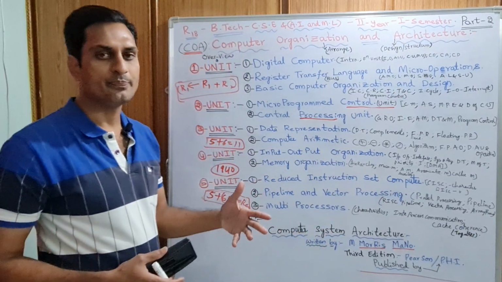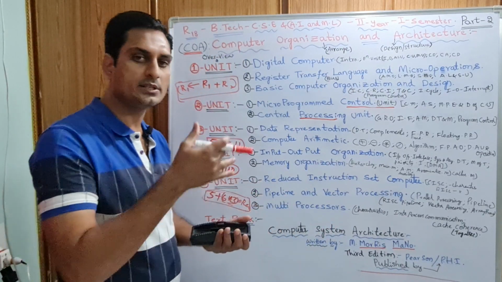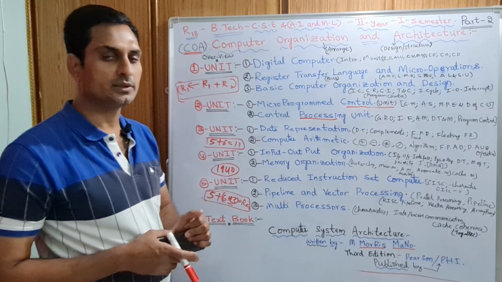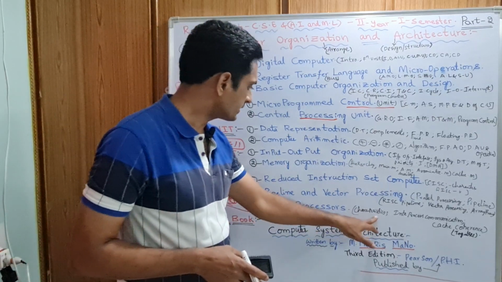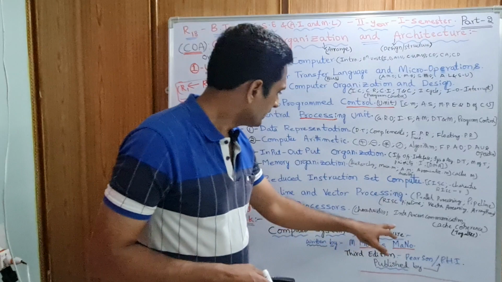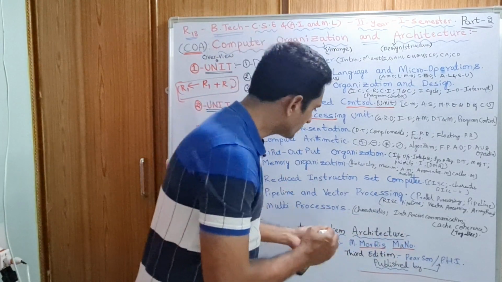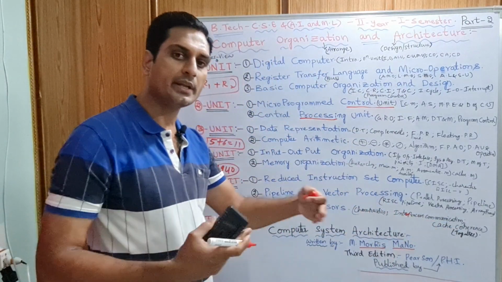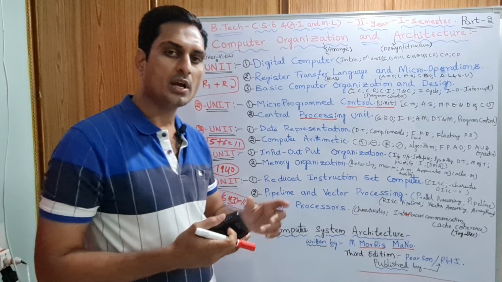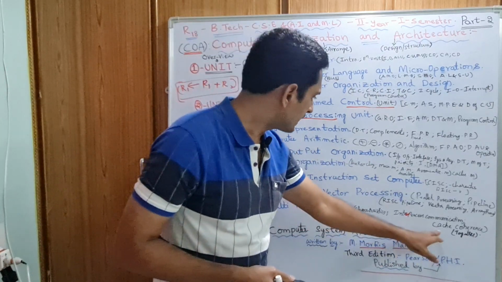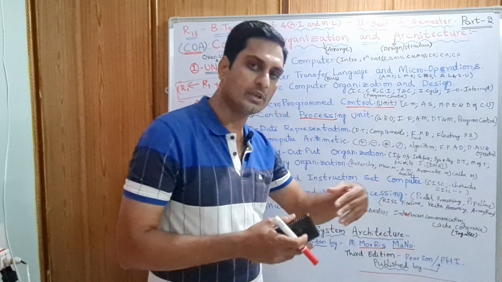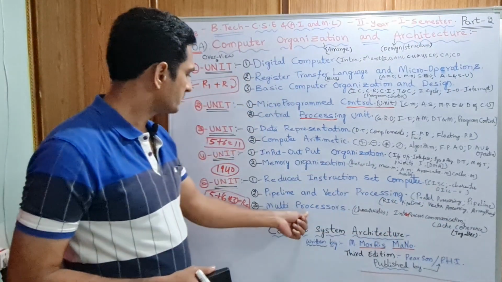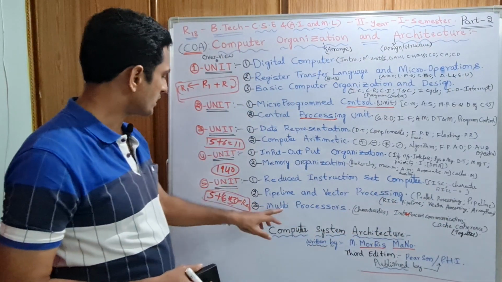Multiprocessors. Multi means many. Many processors will be there on the motherboard to increase the speed of the computer. Performance is very, very important for the computer to execute any task. So many processors will be there. Characteristics of multiprocessors. Inter-process communication. How the processors will communicate with each other. If you have many processors inside the motherboard, how will each processor communicate with each other. And cache coherence. Coherence means together. How cache memory will interact together. That we are going to discuss in my next few videos. That is the 5th unit last chapter.